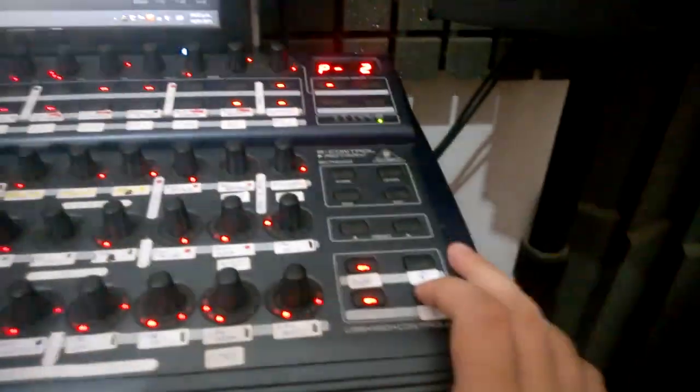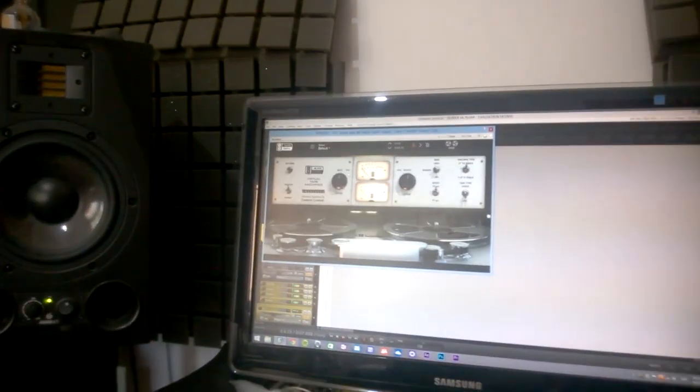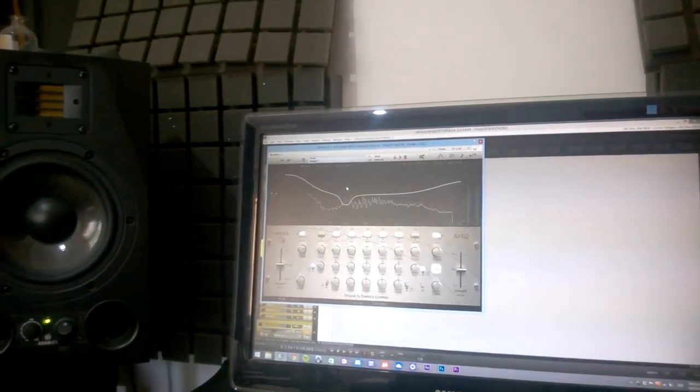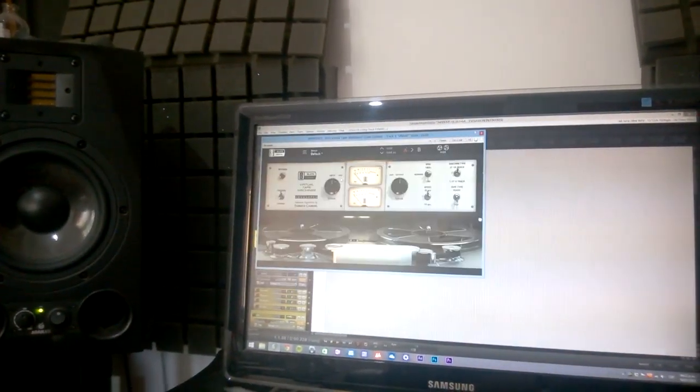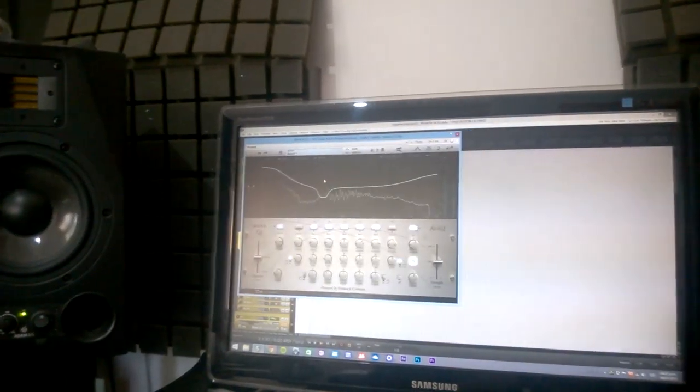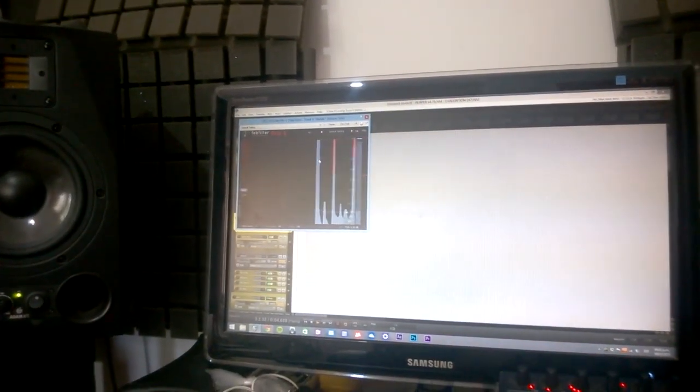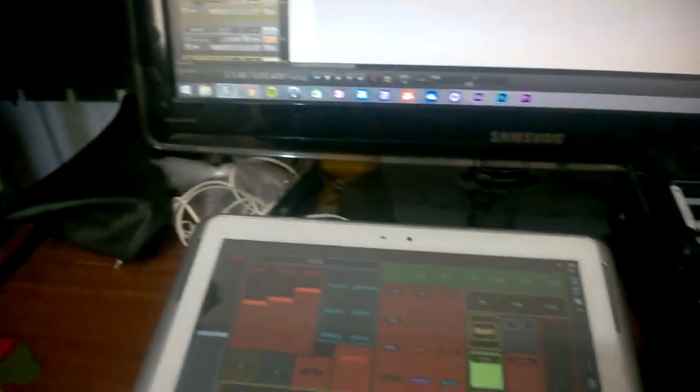Another thing that I can do is select my plugins by pressing that button. This is the whole snare chain. By pressing that button I can select all of my plugins, which is pretty awesome. So as you can see, it's really easy to navigate through your project, because let's say, okay, let's go to